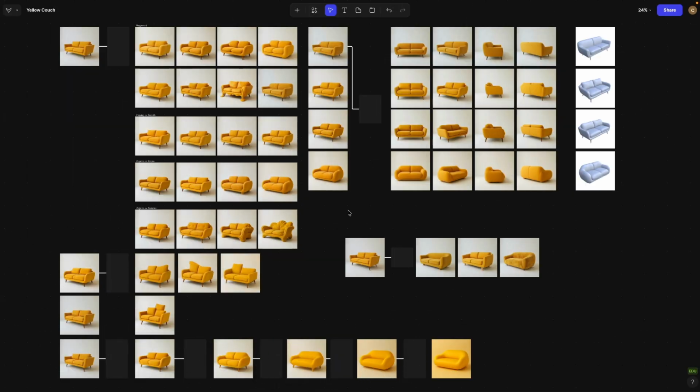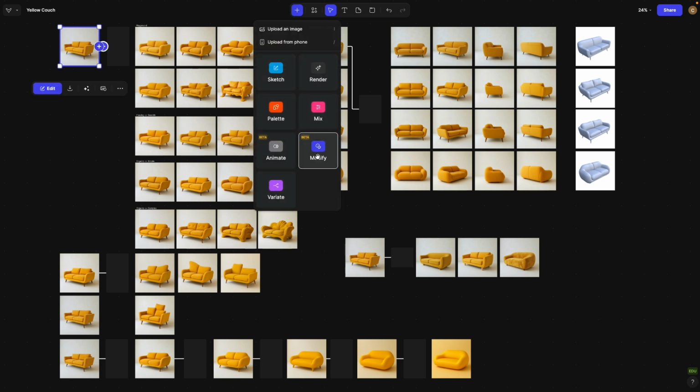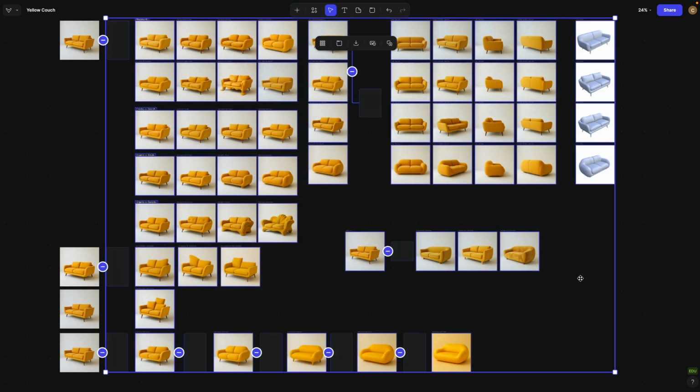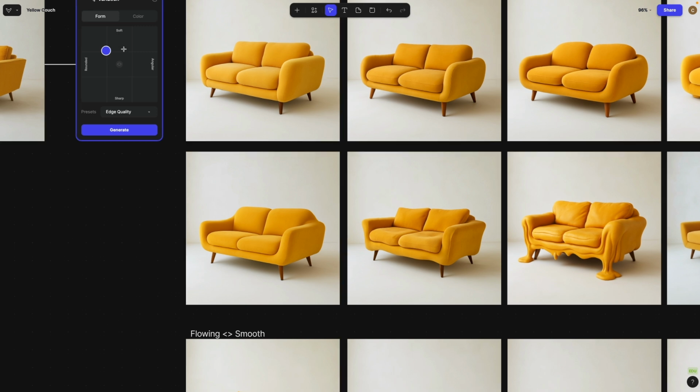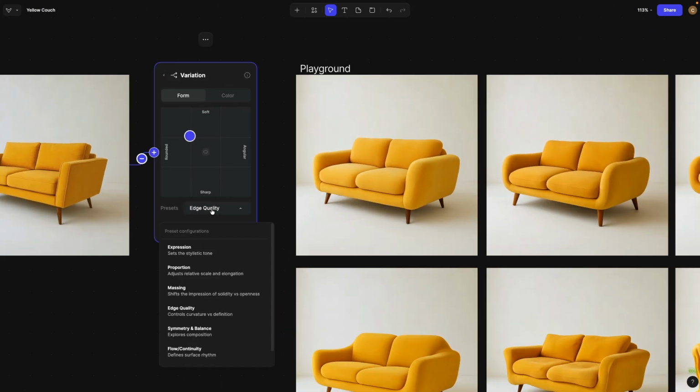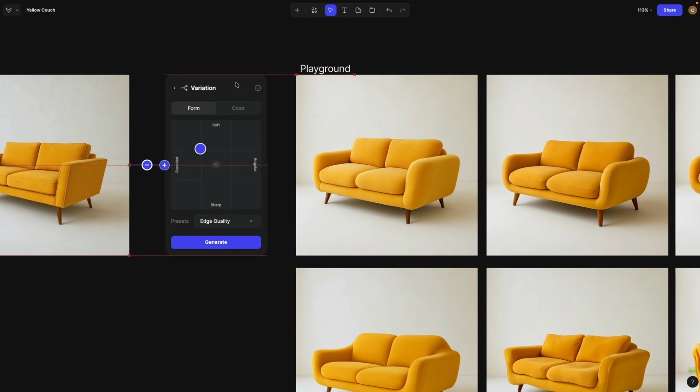Hello everybody, and welcome to this demonstration in which I'm going to show you how you can use the workbench in VizcomAI as an ideation pinwheel. What this means is we will upload one image, a yellow couch, and then use the modify command to create all these different variations. For example, with the variation command here, you see I selected the edge quality, and then